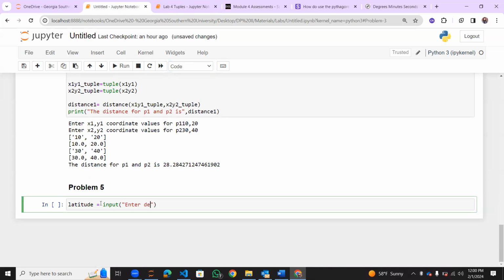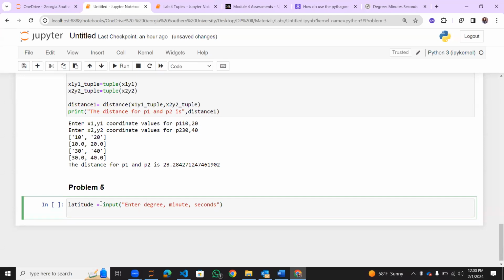Enter degree, minute, seconds. That makes sense. Now we have to get a list. What is the data type of this latitude? It is string. Now we are going to apply,